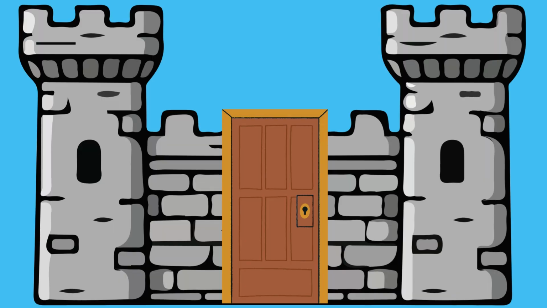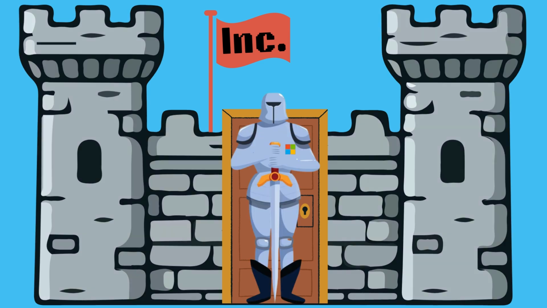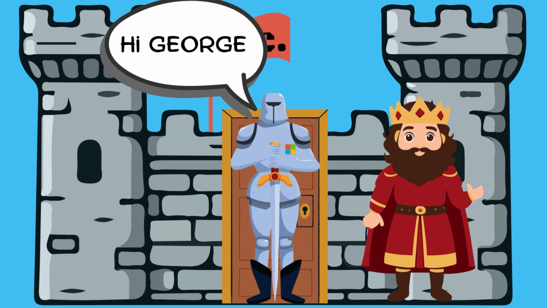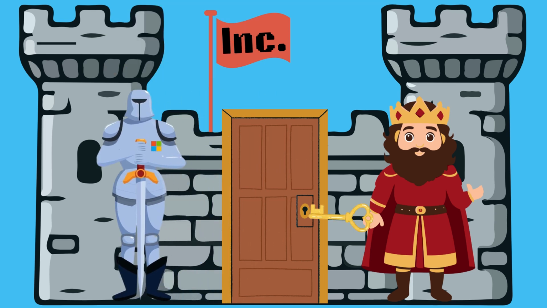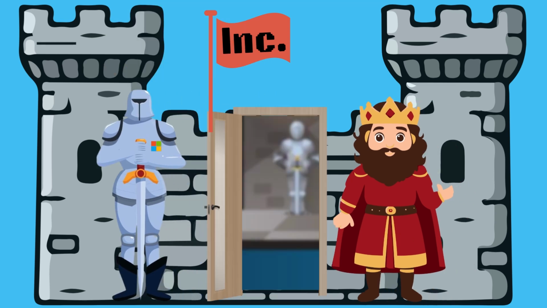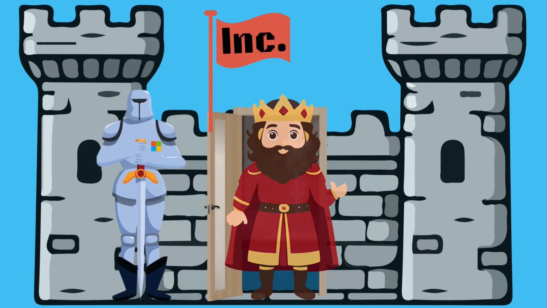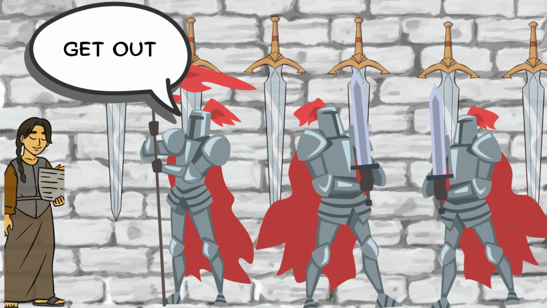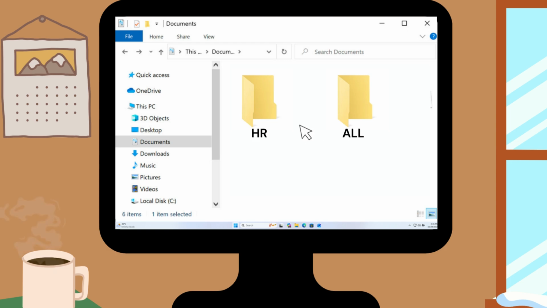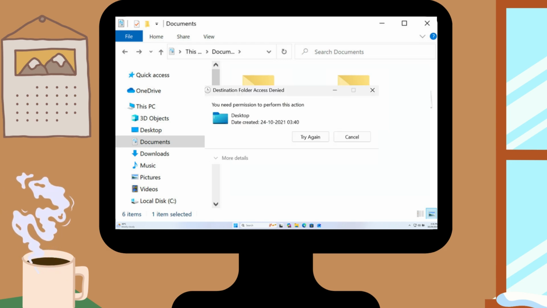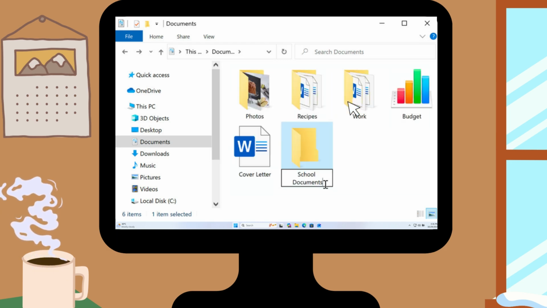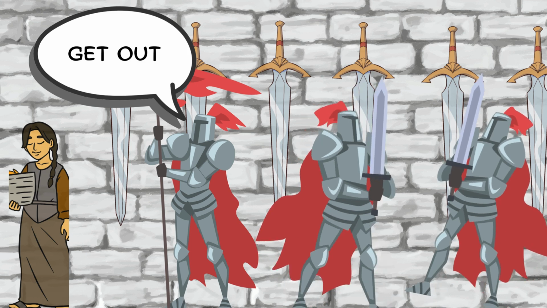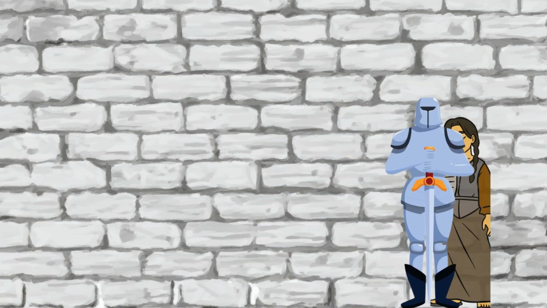Well, to answer all of these questions, let's use an analogy. Your company is a castle and Active Directory is the gatekeeper. The gatekeeper knows everyone in the castle, and so he knows who's allowed in. He also gives out the keys to which rooms you're allowed to access. In a castle, there are rooms that are public and rooms that are guarded. Scribes shouldn't have access to the armory, whereas knights should. Just like in a business, there are folders that should only be accessed by HR and other folders that should be accessible to everyone. If somebody is banished from the castle, the gatekeeper removes their key and they're locked out